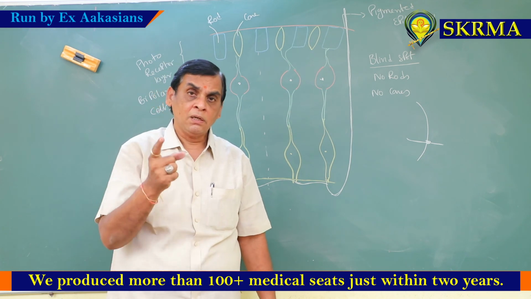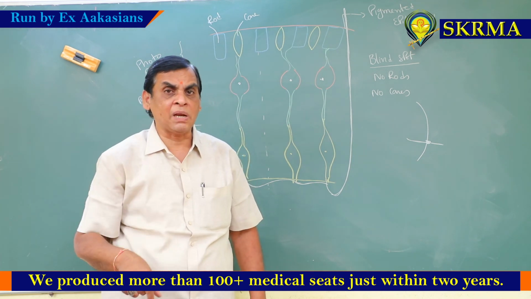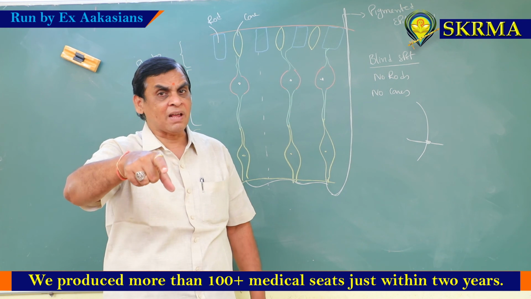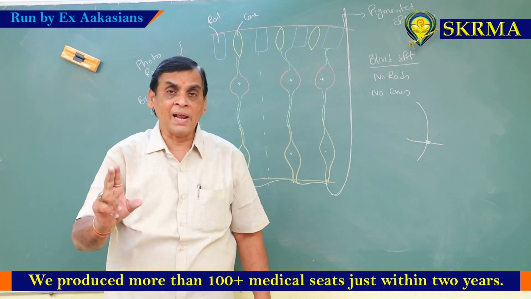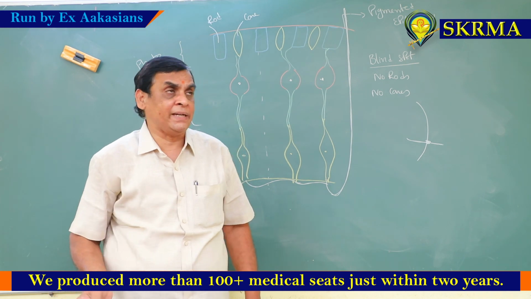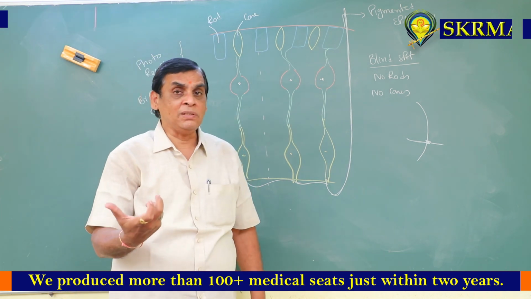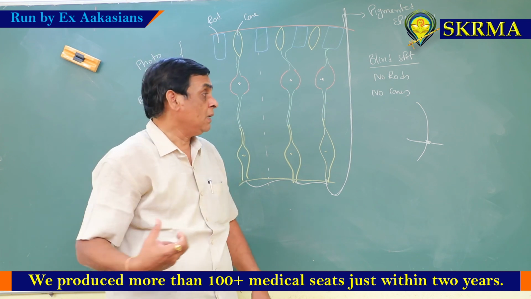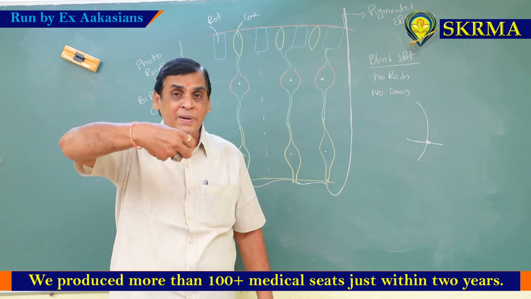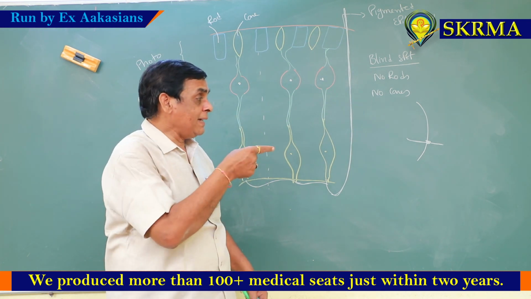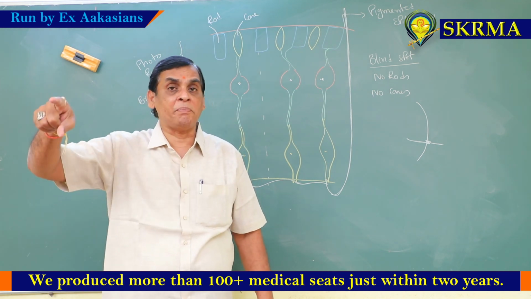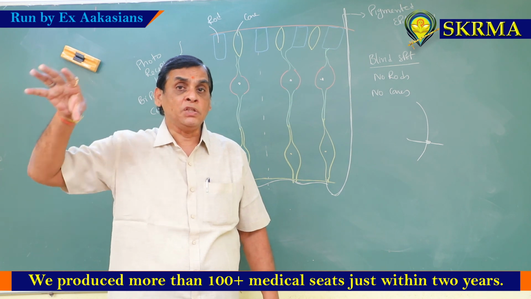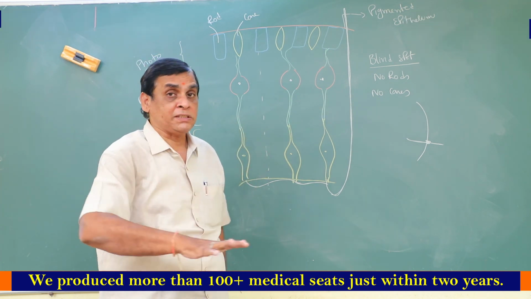Now you see, we have three parts. Yellow spot: more rods and more cones are present. Fovea centralis: only cones are present. Blind spot: no rods and no cones are present. Through the yellow spot the light ray passes, through the blind spot the optic nerve passes, and the optic nerve carries the impulses to the brain and the things will be stored. That is the structure of the eye.